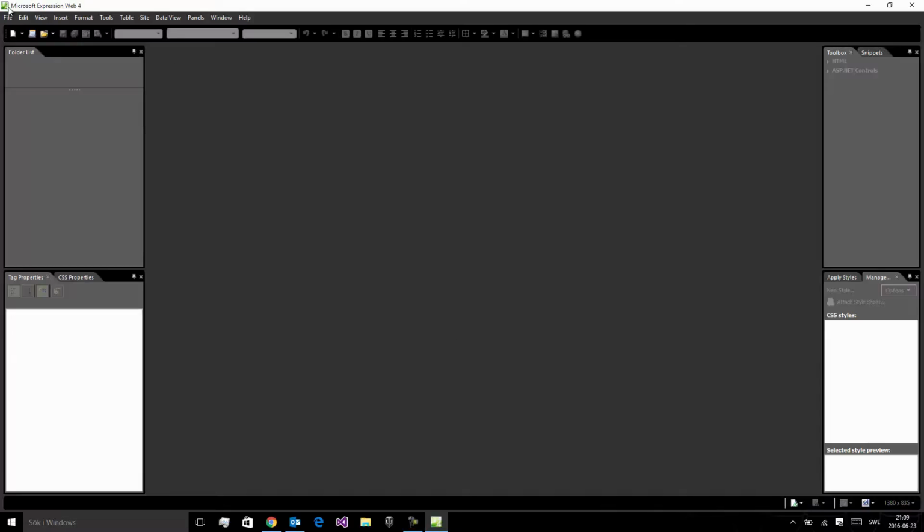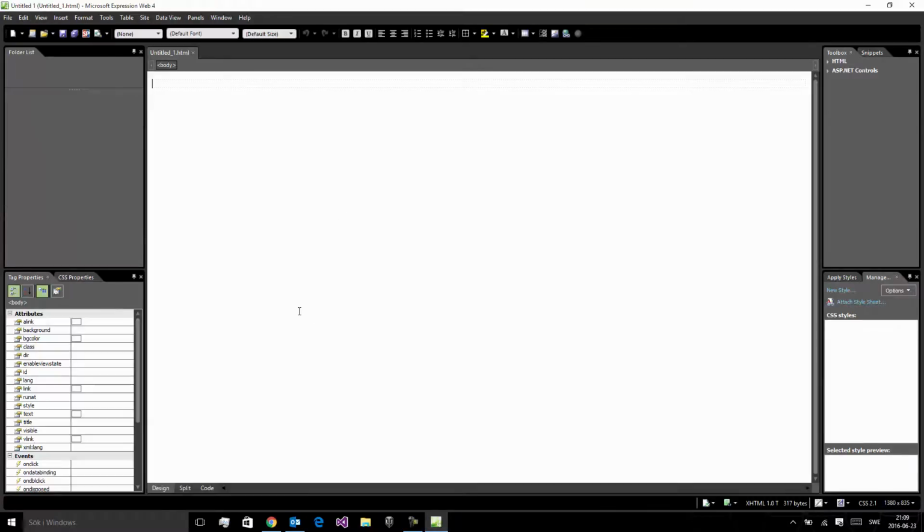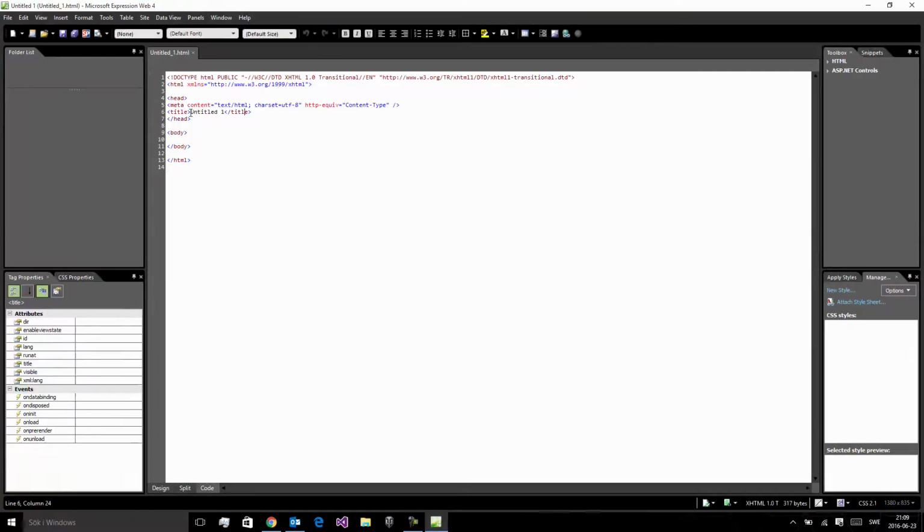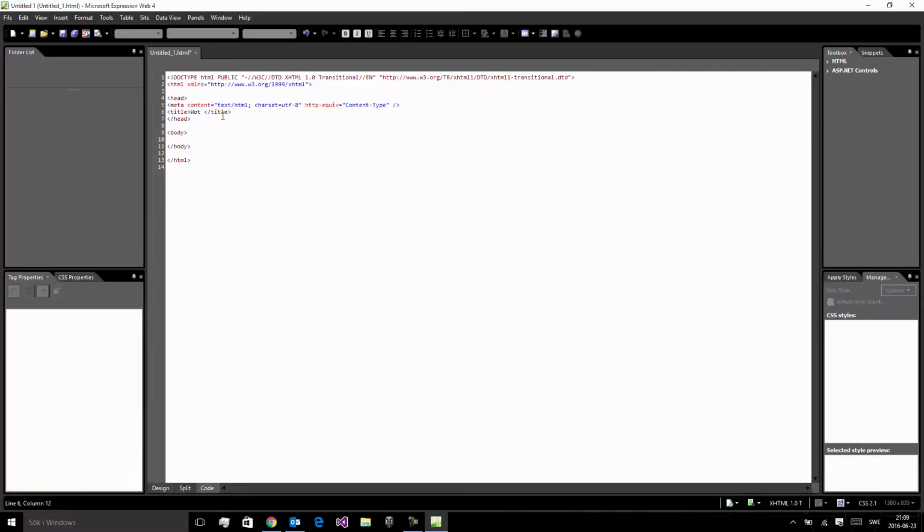I'm using initially here Microsoft Expression just to create a quick mock-up of our website. So I'm going to create a new HTML web page here. Now this really isn't necessary in this project because it's so simple, but generally, when you're building a website, it's useful to create a quick mock-up prototype, and it's useful to use a web editor when you want to create styles, colors, and complex layouts. So we're just going to create our initial web page here,